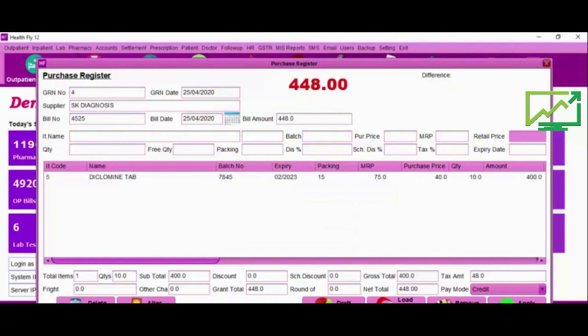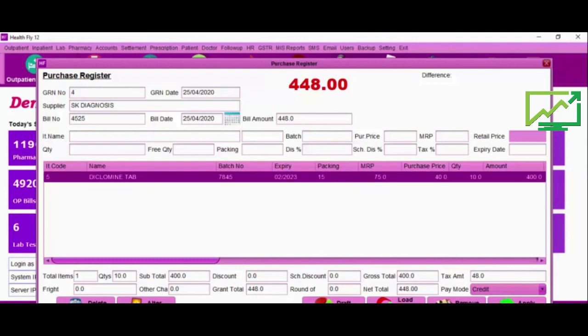In purchase also, we have given alter option and delete option. This alter and delete in all modules will work under administrator control. User cannot do anything. User can only entry the data. And we have given draft option also. Draft and load draft and remove option. For example, if your supplier provides any soft copy of your invoice, you don't need to enter one by one.